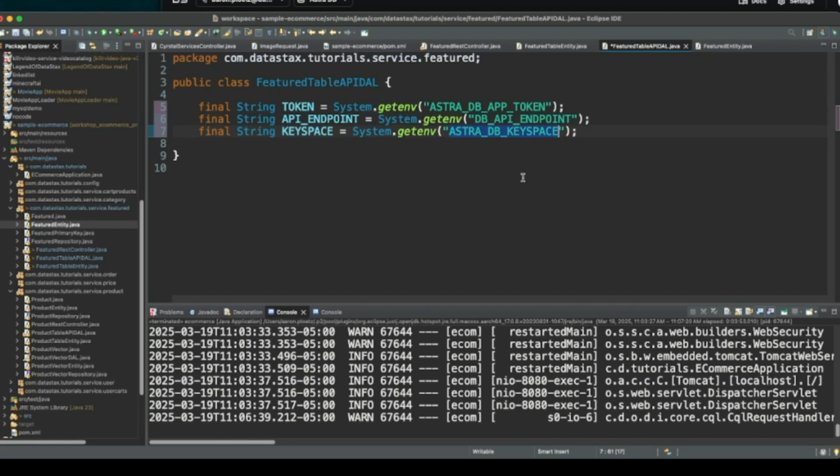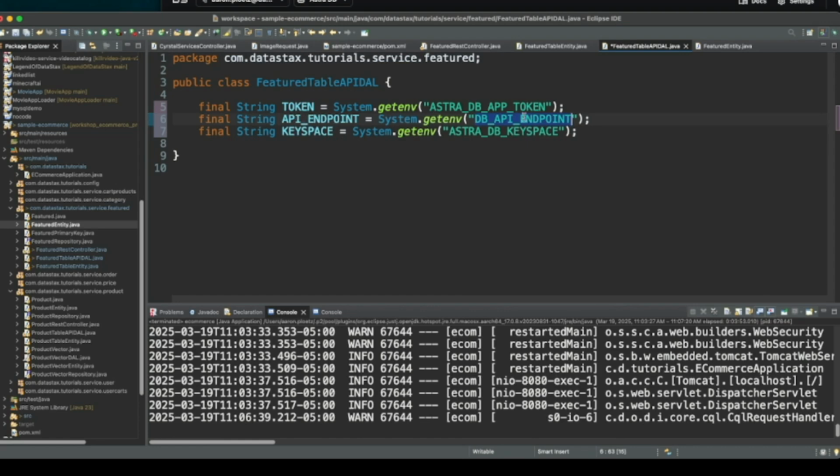Fortunately, with the pre-existing project, we already have the token and the keyspace defined. So with the existing project that we used to run with all of the other properties that were required to connect to Astra, we can reuse those two here. So that's really cool.